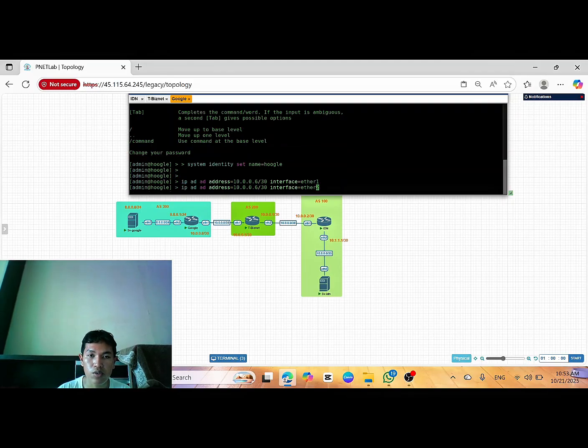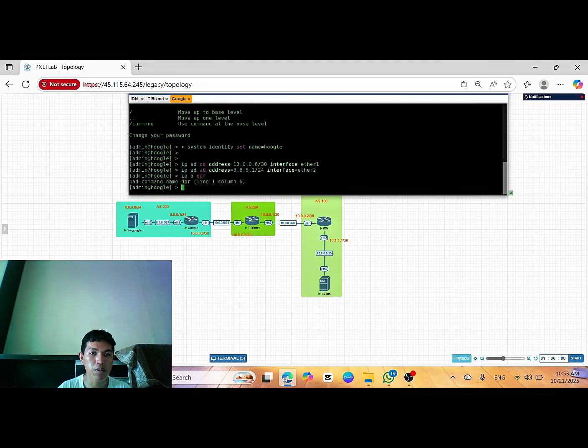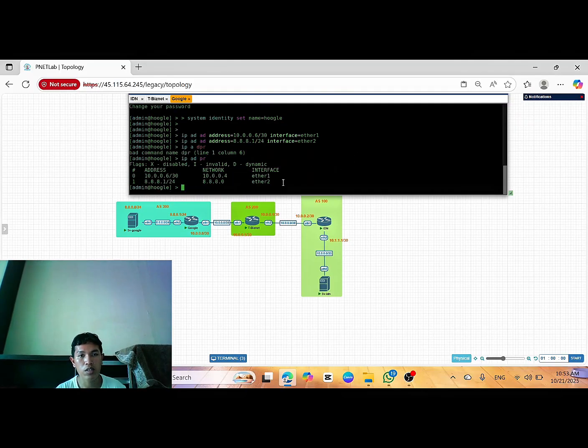For interface ether 2, I'm using 8.8.8.1/24. IP address print. You can see this is ether 1, ether 2. This is for ether 1, this is for ether 2.